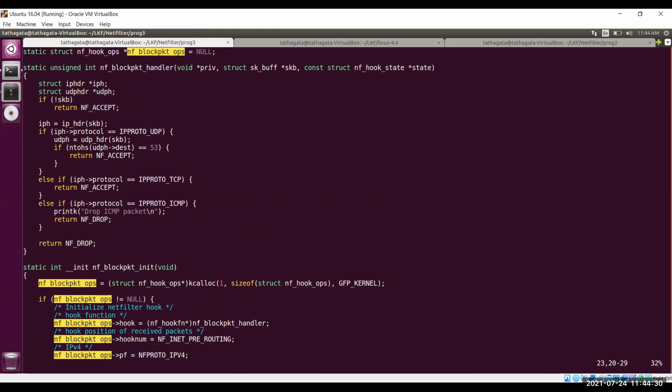If we make drop here, that means the DNS will not be resolved. 53 is for the DNS, so the DNS will not be resolved. But actually I have just shown it as an example, and for the ICMP we're dropping it.